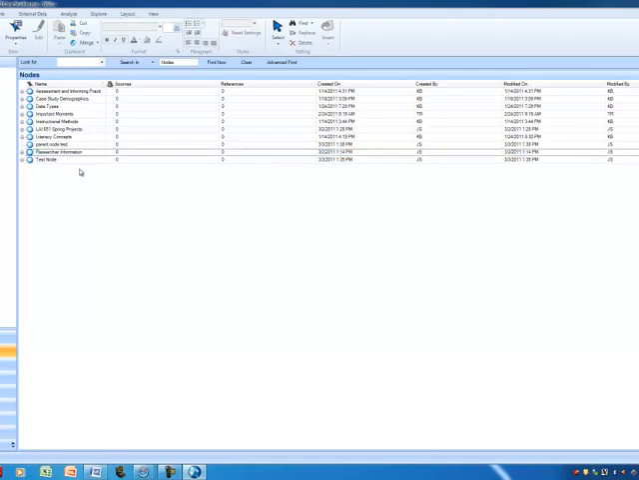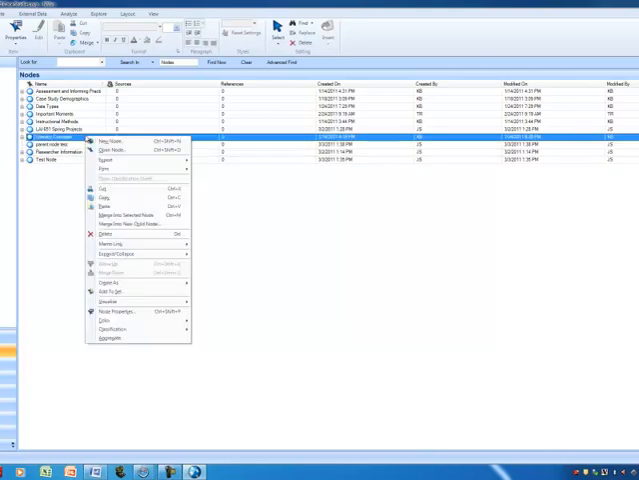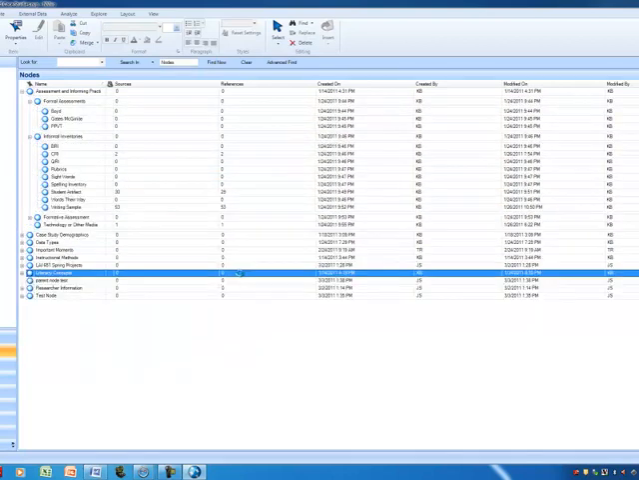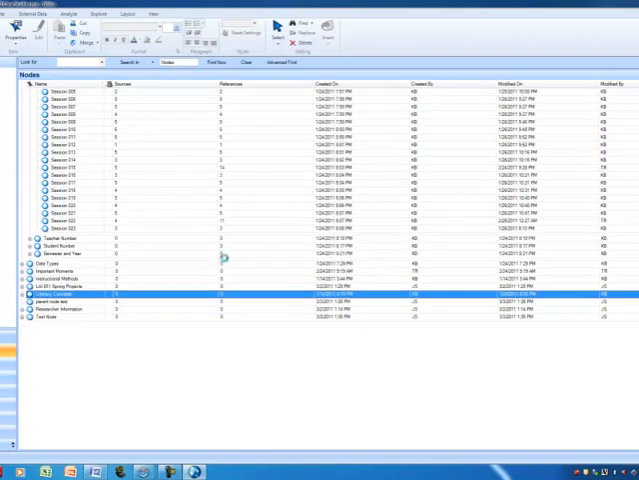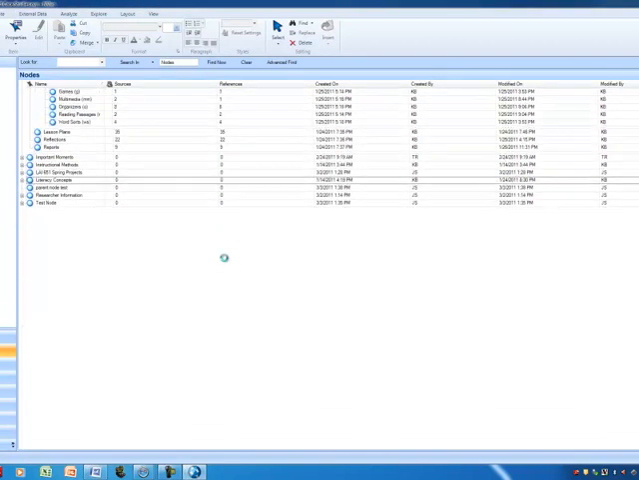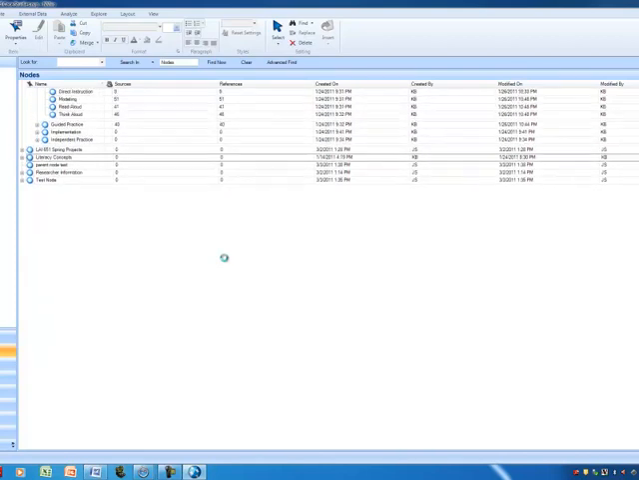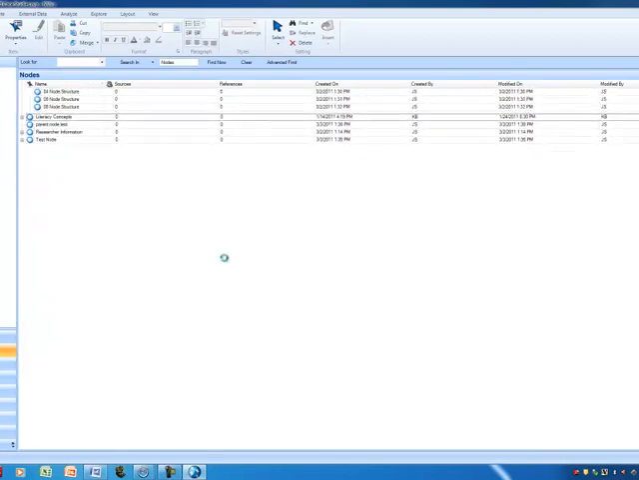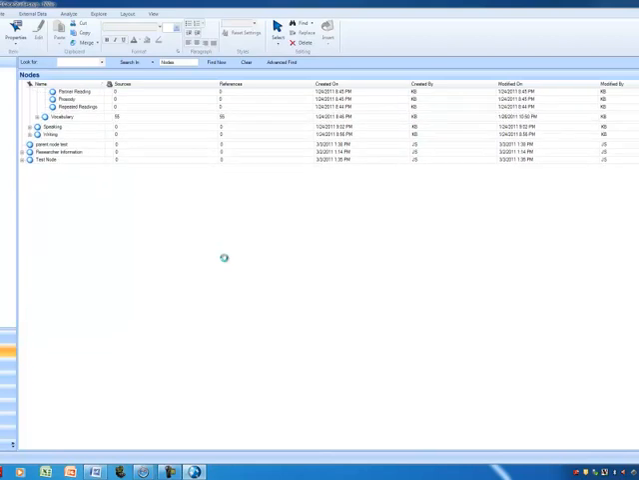What you're going to do again, you're going to make sure nothing's highlighted, and you're going to right click. You're going to scroll down to expand and collapse, and you're going to say expand all nodes. It's going to take a second because I've got a lot of nodes here. Working, working, working. See my little circle there? And once everything is expanded, almost there,